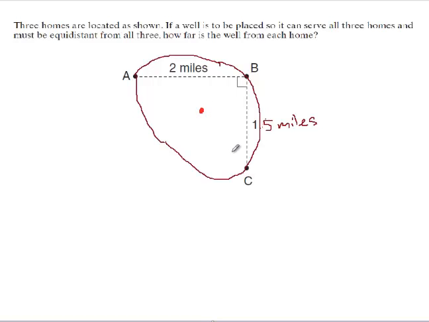Now, the only information we have over here is that 2 chords are 1.5 miles and 2 miles. And the other thing we know is that this has to be a diameter. The line that goes through the center to C has to be a diameter. The reason for that is another one of the rules that we learned in this chapter, and that is that an arc,